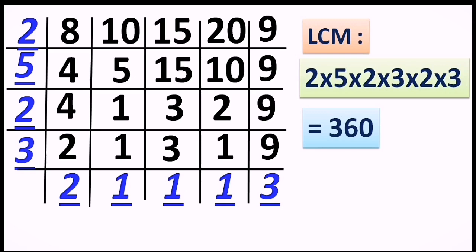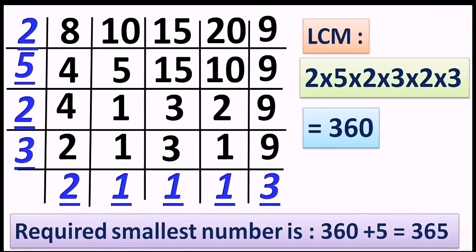And now as per our question, 360 is a such a number that which is present in all these 5 numbers tables. Okay, 360 divisible by 9 also, 20 also, and so on. And now question says I require such a dividend when it divided by all these 5 numbers, the remainder will be 5. Okay, so what I'm going to do now, to this LCM I'm just going to add 5, that results in 365, and this is that dividend when divided by 8, 10, 15, 20, 9, and remainder will be 5. If you want to check it, you can check, go ahead, you can use calculator also for the speedy work. And this is how we have completed the next question also.